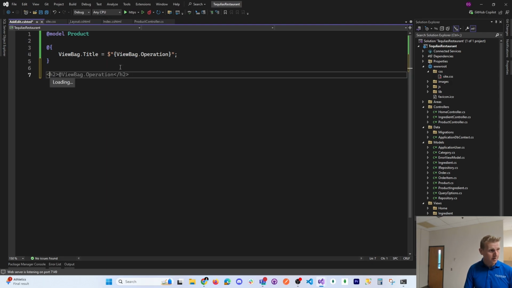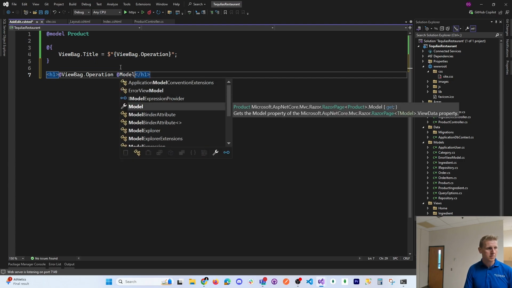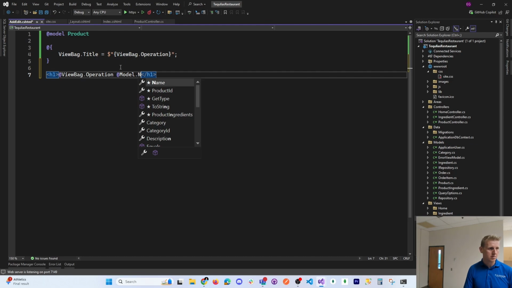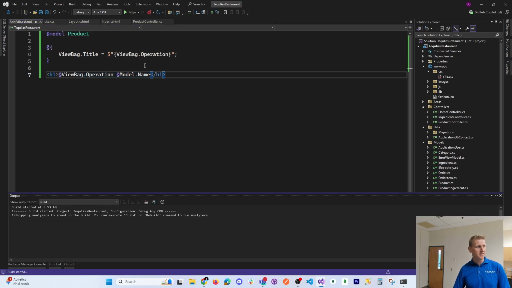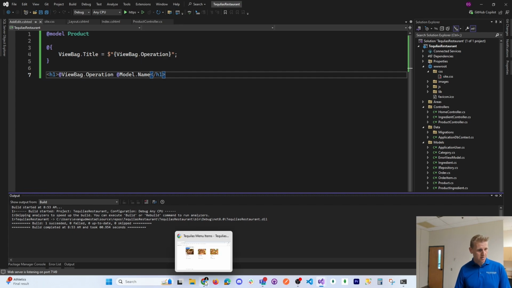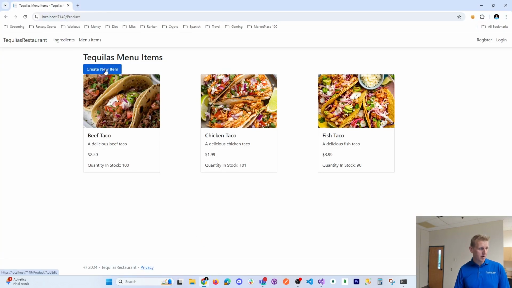And let's put a little H1 here. Let's say the view add. Okay. So let's see if we can hit this view, the add edit view, with our link that is adding a new product. So here's create new item,